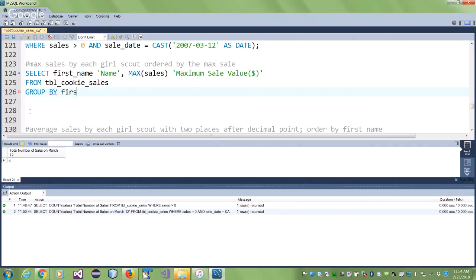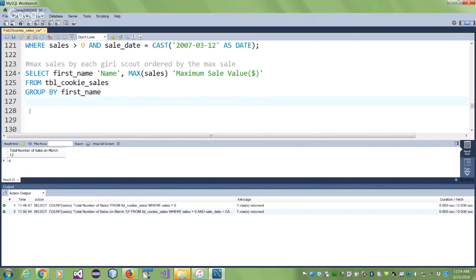And what do we want to group them up by? First name. And this field will usually be a unique field. For me, it is unique because I've taken that there are no duplicate names. But it is unique, right? And then it said, did it say order? Yeah, it said order. So order by,